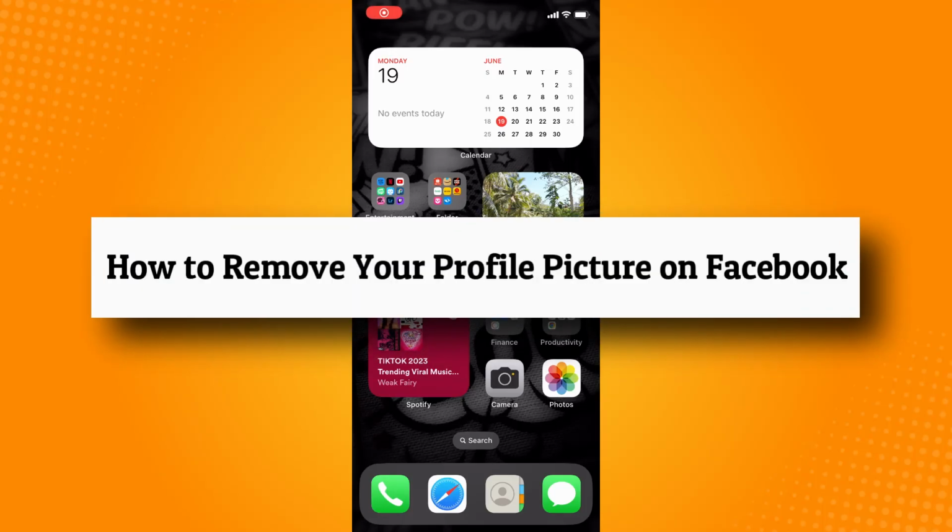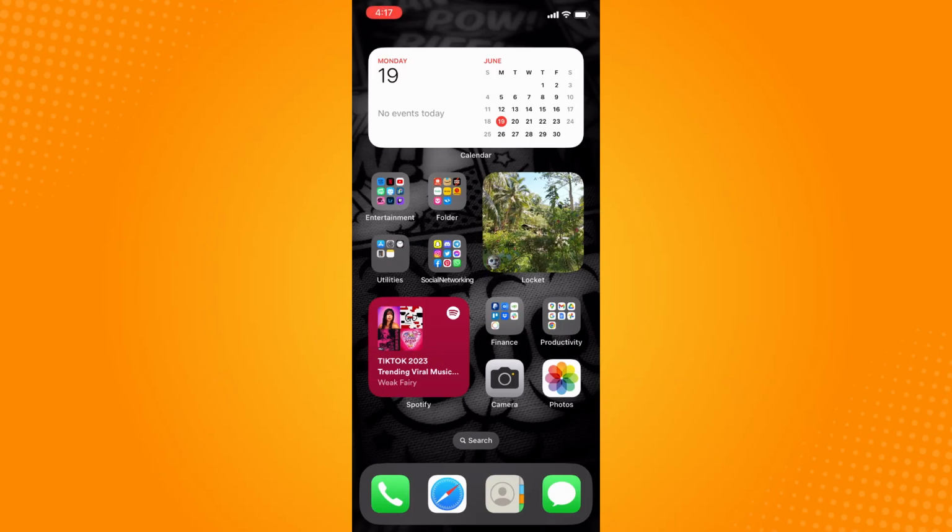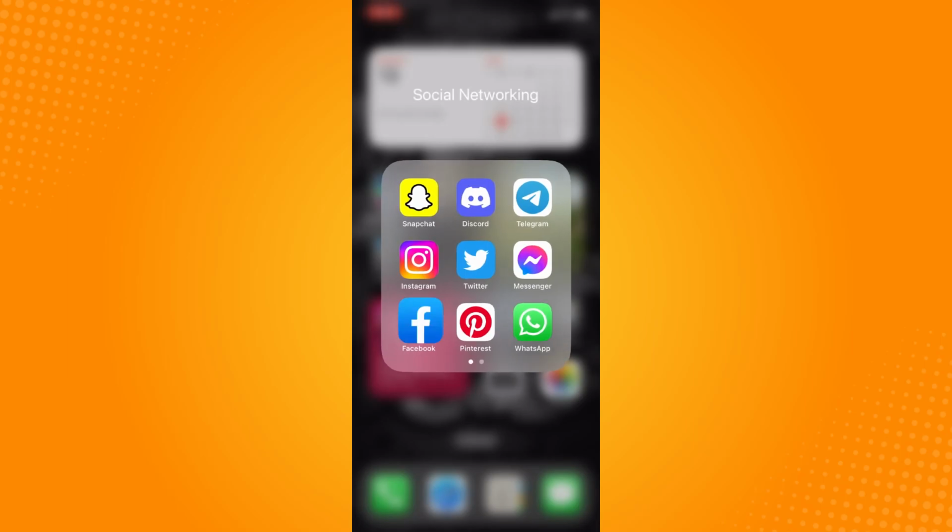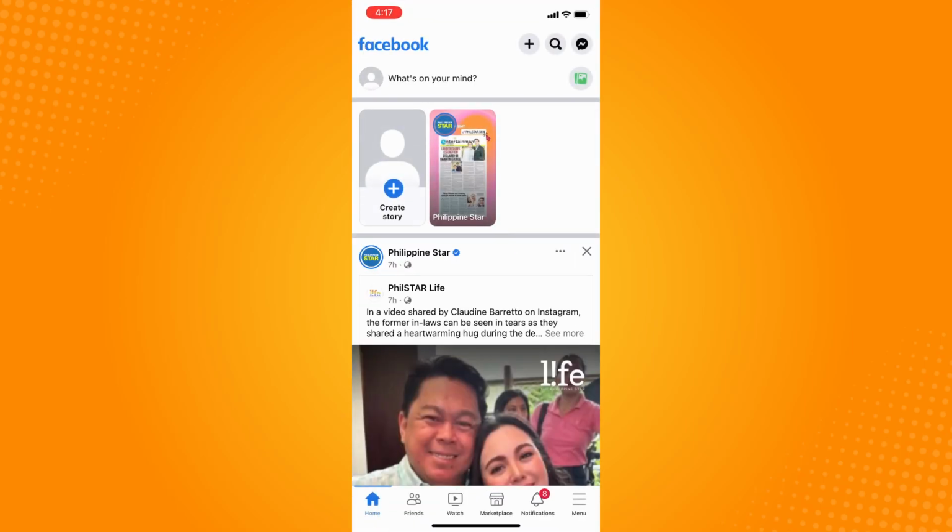How to remove your profile picture on Facebook. So all you have to do is to tap on the Facebook application here, and basically you will be directed to your homepage, right? Now the next thing that you want to do is you want to go to your